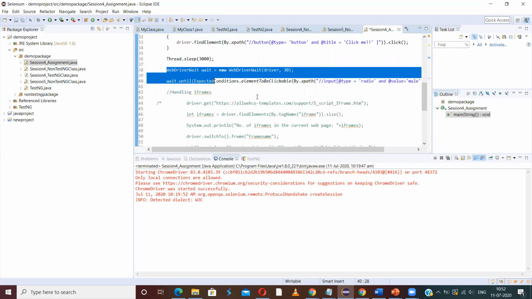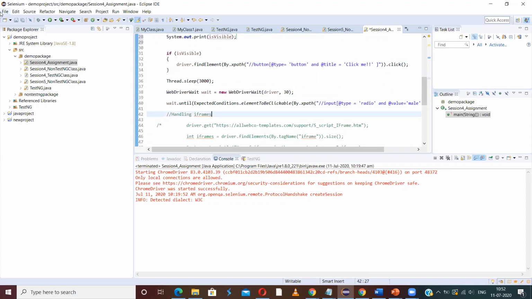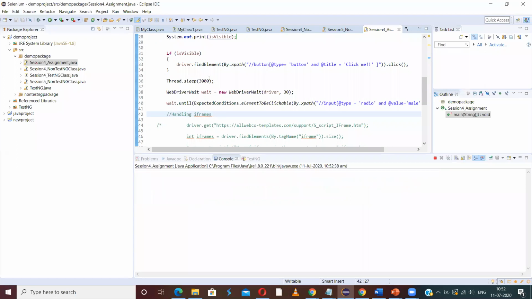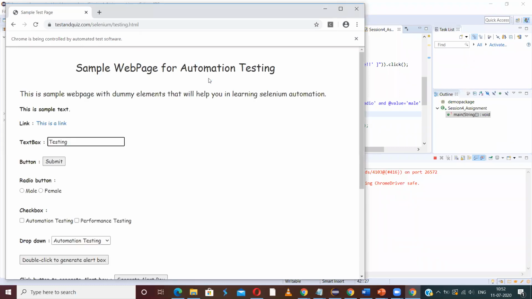First let me run this, because these two have different URLs or websites to deal with. So let me run this one first, and I will explain the fourth one and run it. See, testing is entered, then submit is clicked, and then the radio button male is selected.